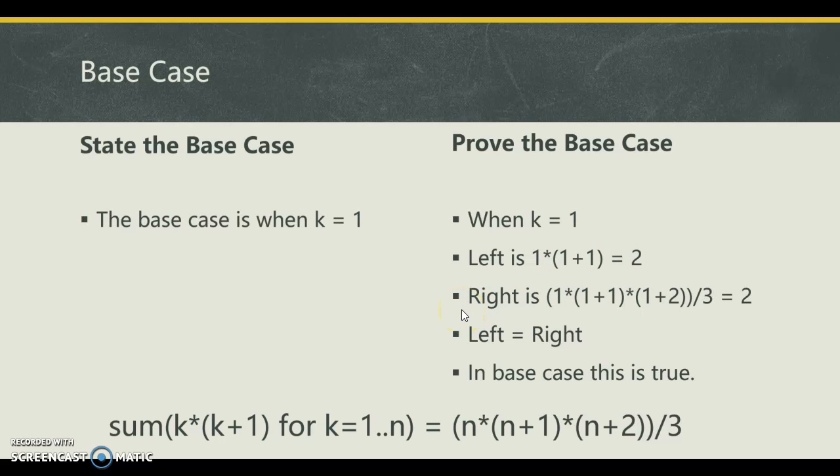And the right side is 1 multiplied by 1 plus 1 multiplied by 1 plus 2. This equals 6, and 6 divided by 3 is equal to 2. And the left side equals the right side. So the base case is true. We just proved the base case of the whole equation. That's true. And after that, we need to